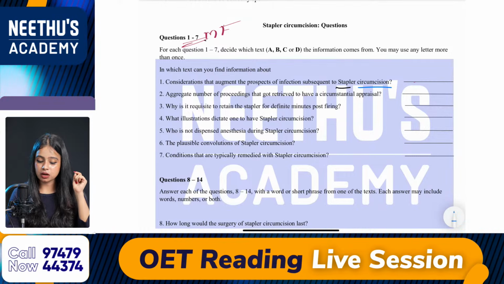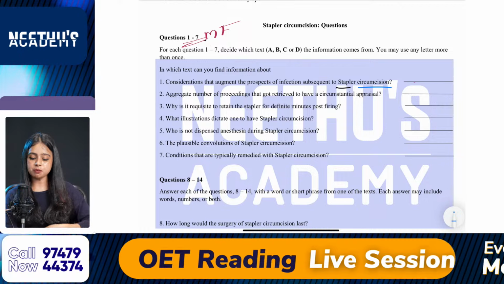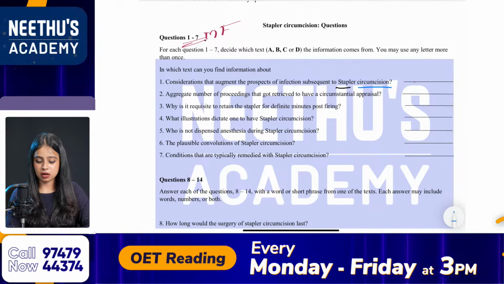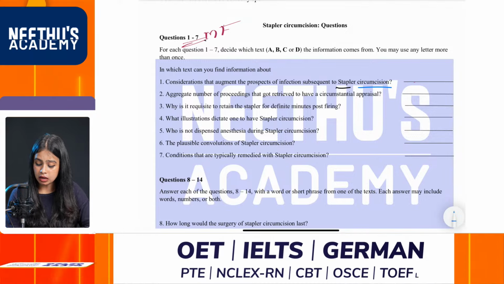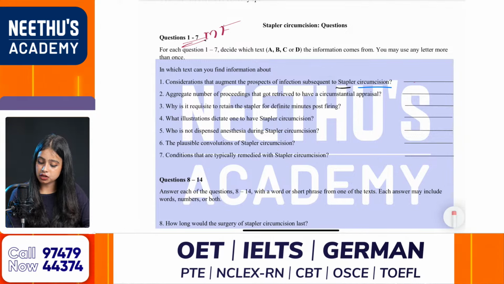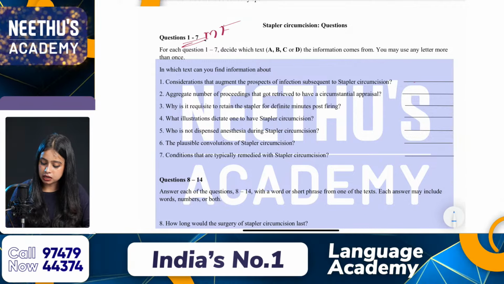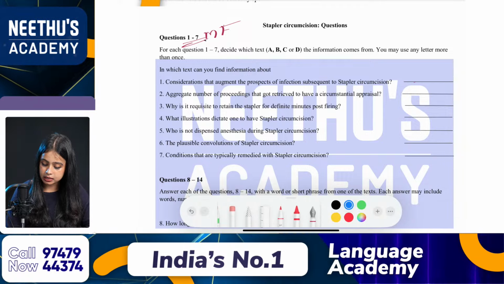So what about the first question? Considerations that augment the prospects of infection subsequent to stapler circumcision. My keywords: I'm not marking stapler circumcision here because that's the topic. So my keywords are considerations as well as,